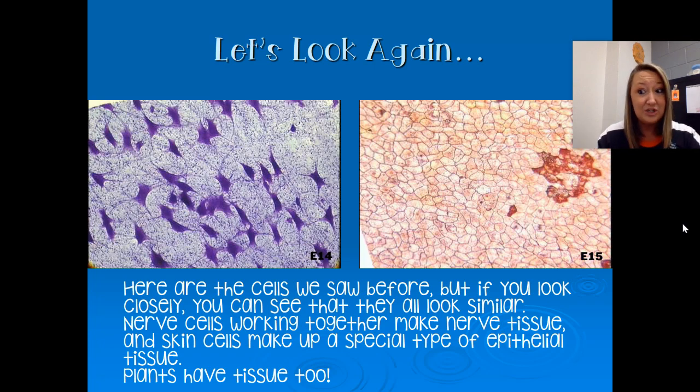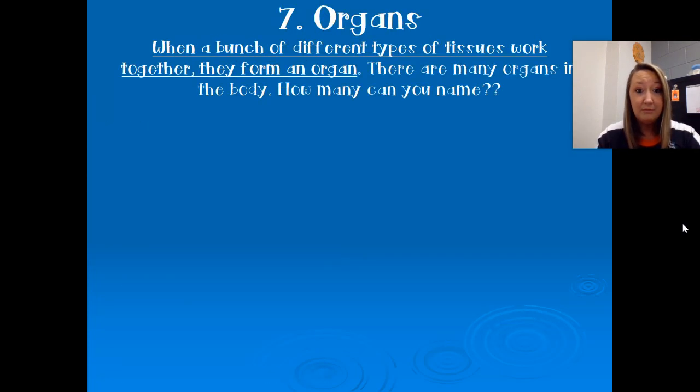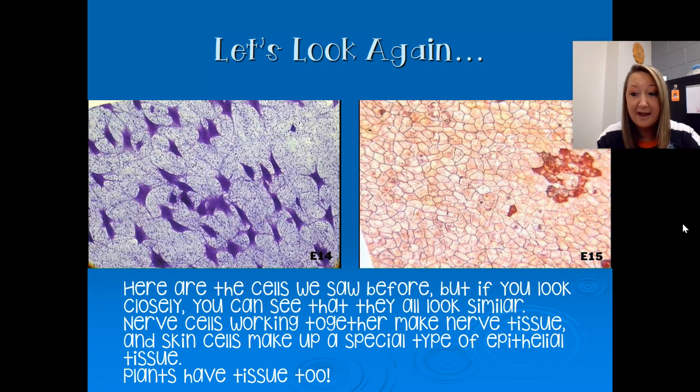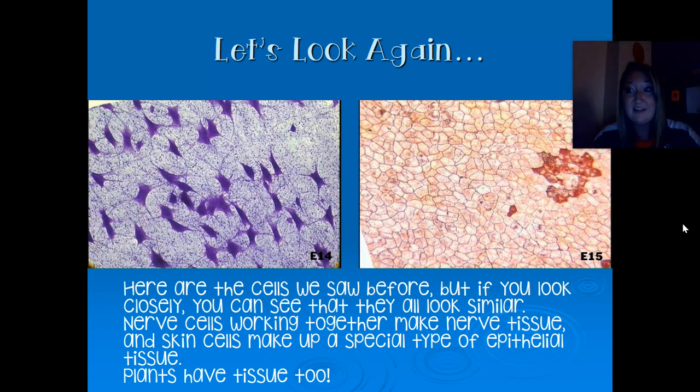Plants also have tissues. What types of tissues do plants have? We've been talking about it, right? We talked about the leaf structure. That's a tissue, right? That leaf is an organ on a plant, an organ specialized for taking in carbon dioxide and sunlight, right? So that it can go through photosynthesis. So plants have tissues as well.